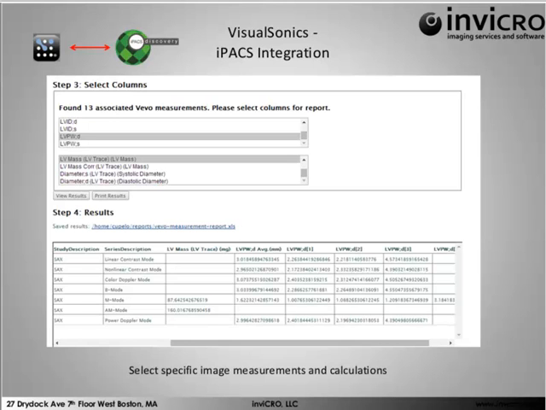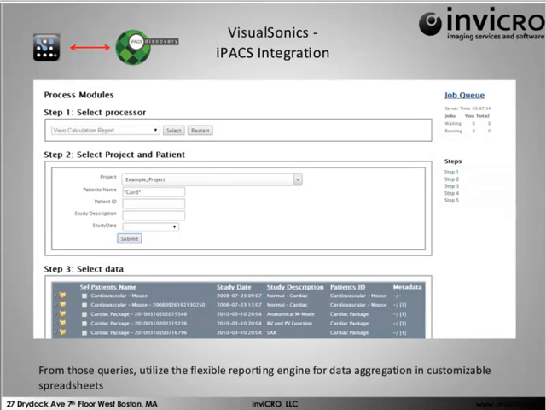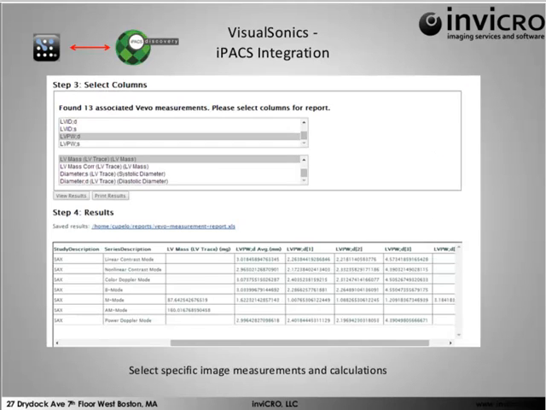So for instance here, if I go back, the current product offers the ability to take all measurement and calculation data available within the pool of data you see here. And then you can, as a user, selectively manage which data points are then aggregated into a spreadsheet. And what we've done so far is really only the tip of the iceberg in terms of the report templates, as we offer default report templates as well as customized report template capabilities to the end users,